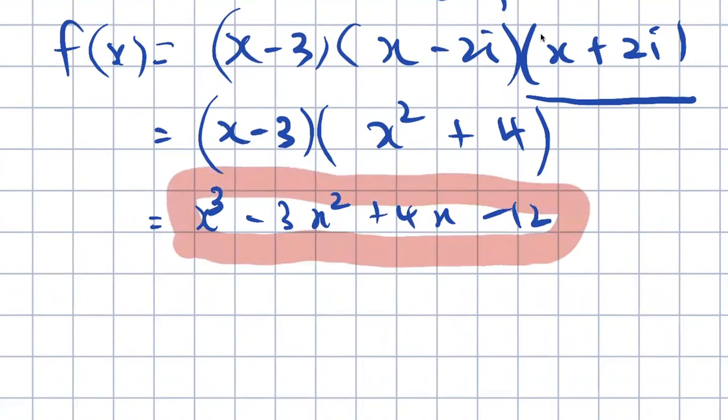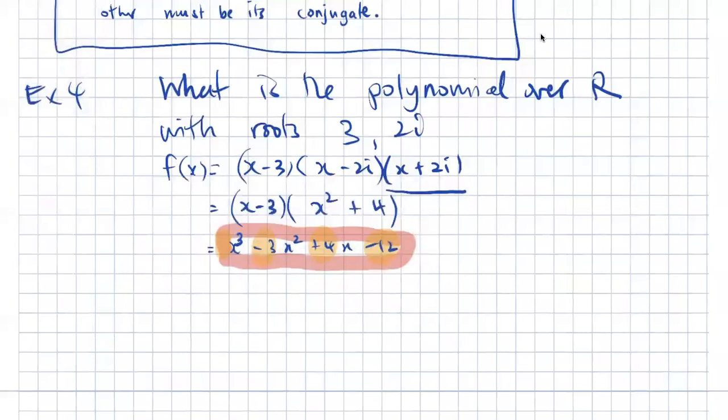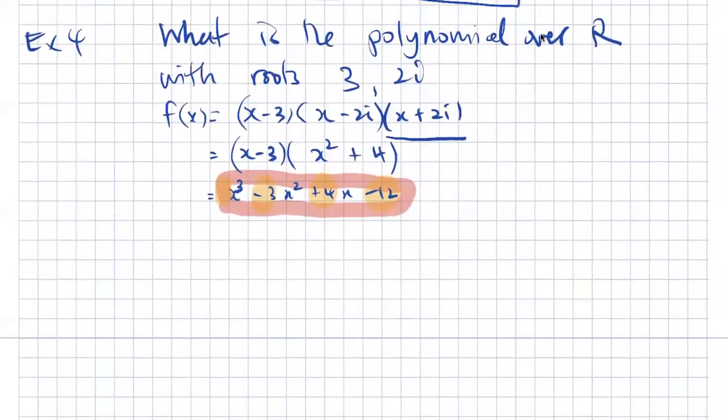Now, if you look carefully at that, can you see that all of the coefficients are real? And just a quick lesson if you've forgotten what a coefficient is: the x cubed coefficient is 1, the x squared coefficient is negative 3, the x coefficient is 4, and the constant is negative 12. Look, all of those are real. There are no complex coefficients there, which makes that polynomial over R, and that's why we needed that extra pair. Now let's do one more,